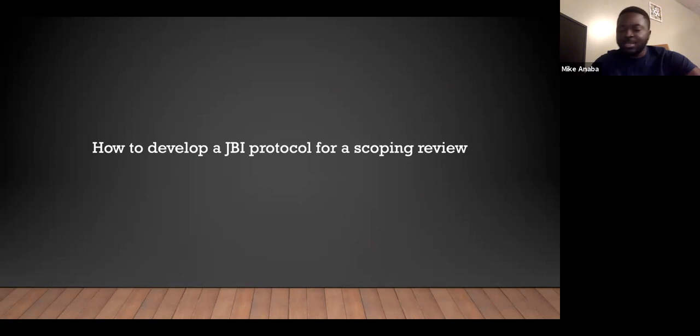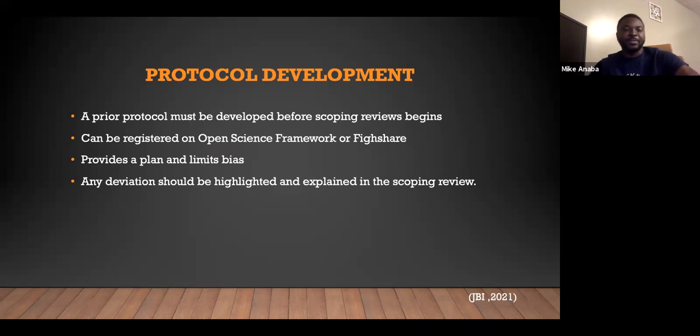So this takes us to the second part of the presentation on how to develop a JBI protocol for scoping review. Now, like I mentioned earlier on, a scoping review should begin with a protocol, and this is very important in the sense that it provides you more or less like a blueprint, so that it guides or informs your progress as you work along,